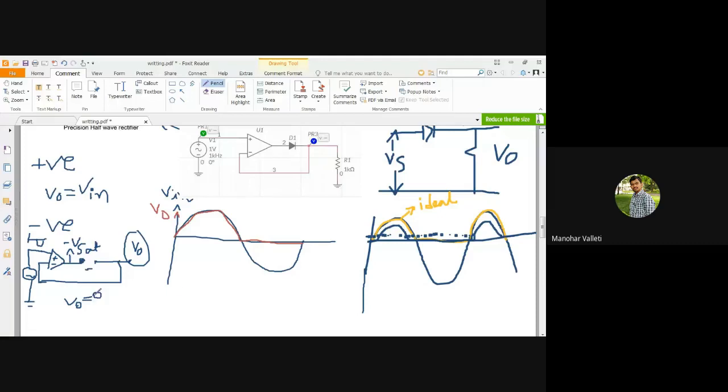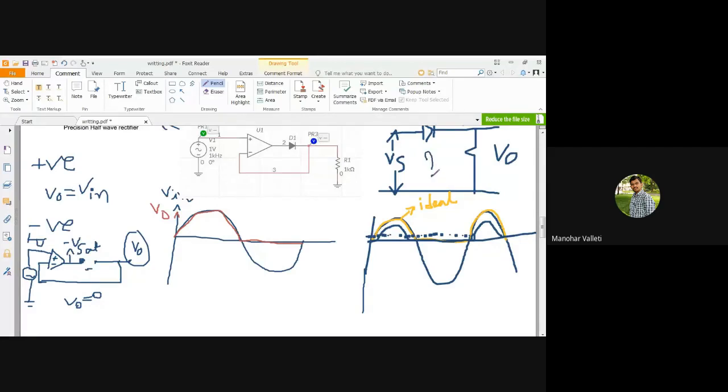So we are going from the ordinary half wave rectifier to the precision half wave rectifier only to get the exact input at the output section. Whatever input waveform you are applying, the same has to appear at the output, even if the diode we are using is a practical diode. Whatever analysis you basically understand is for an ideal diode.